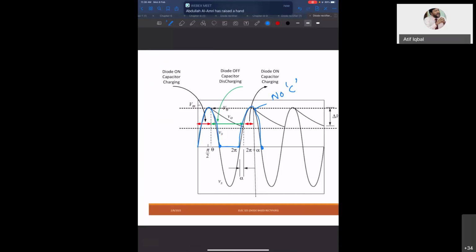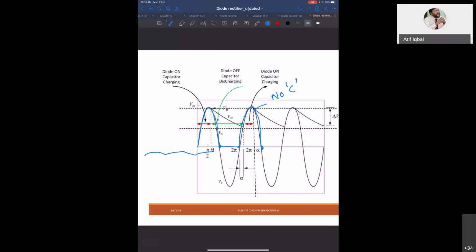Professor, so you're implying that the capacitor will get rid of the AC component, right? Yes. It will get rid of the AC component, and it will allow the DC to pass. Now how much AC it will reject, or how much filtering it will do, or how much DC it will give to the load, depends upon the value of the capacitor. If the value of the capacitor is high, then you get almost like this.